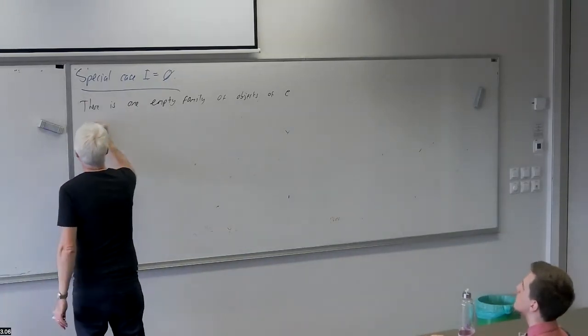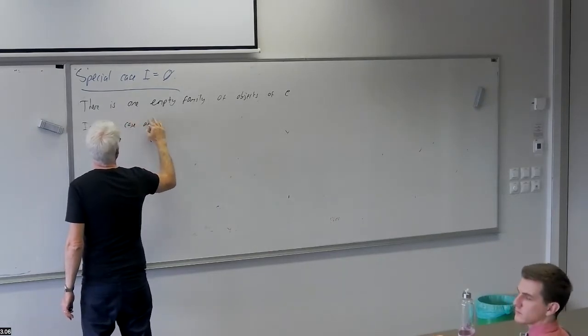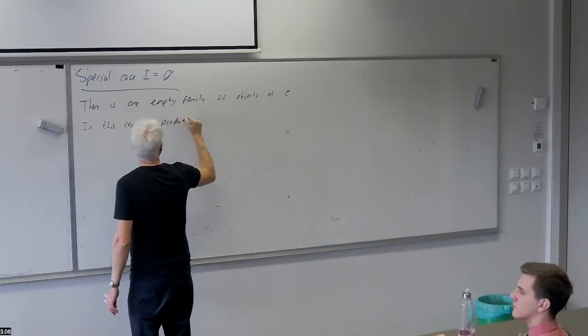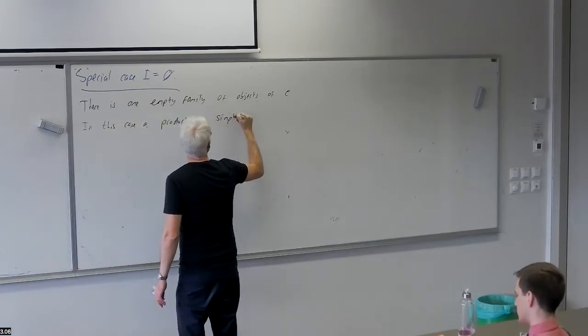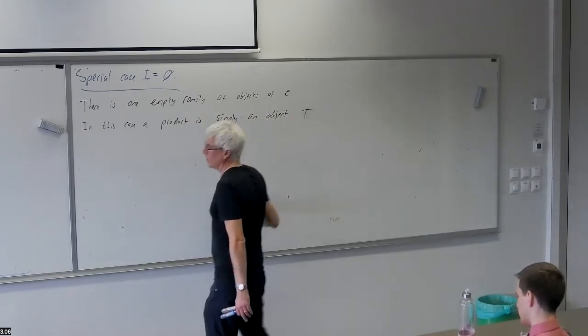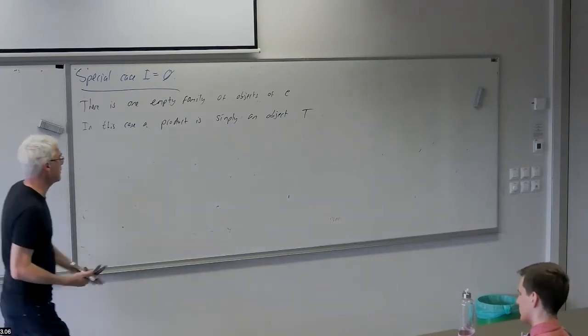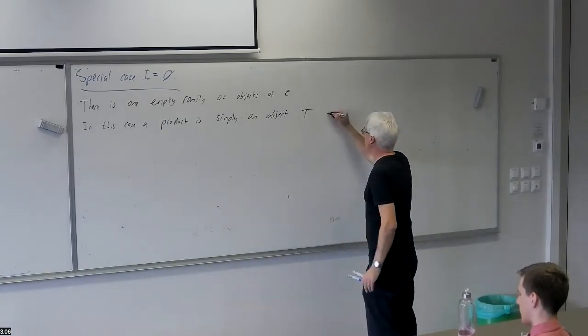In this case, the product is simply an object, which I'm going to call T, because a cone is just an object. Because the empty family of maps, there's always an empty family of maps, it doesn't do anything. So such that for any other cone, that's for any other object, there exists a unique morphism of cones. So that's just, there exists a unique map from any other object to the object we have. So it's simply an object T such that